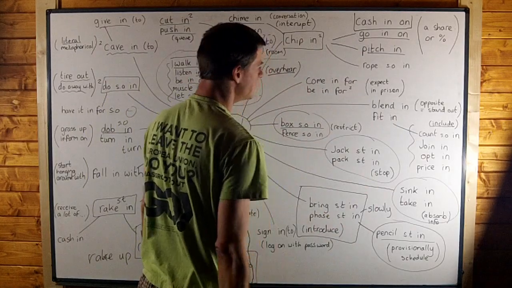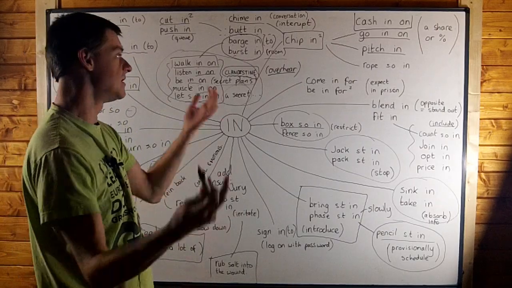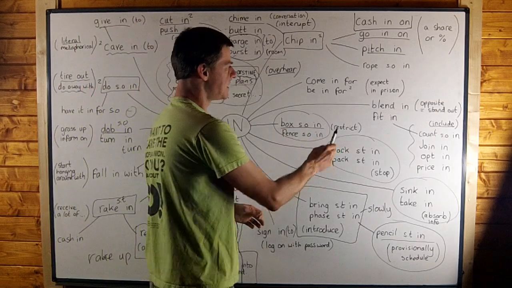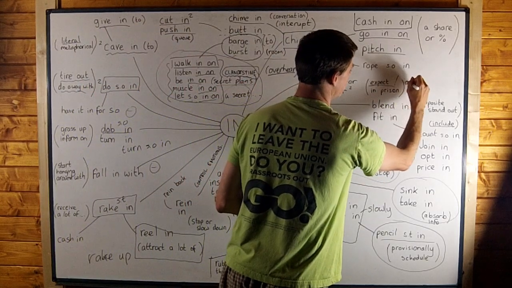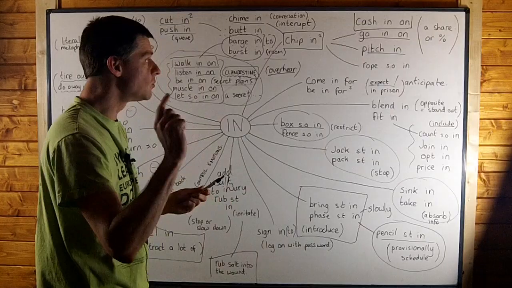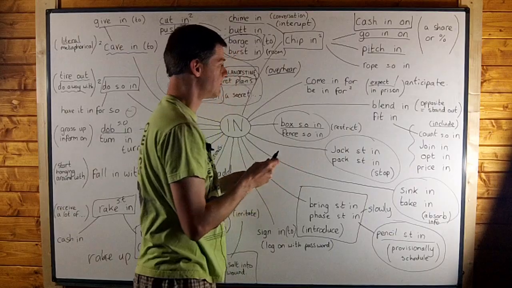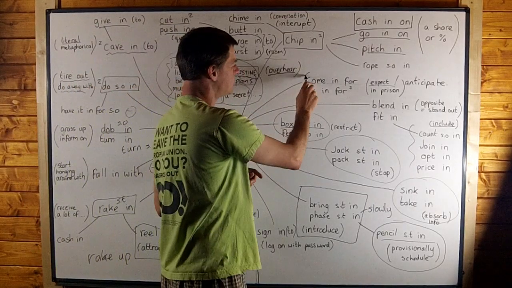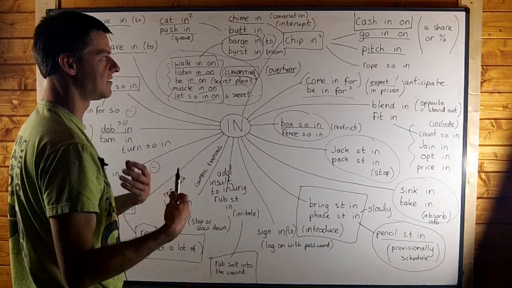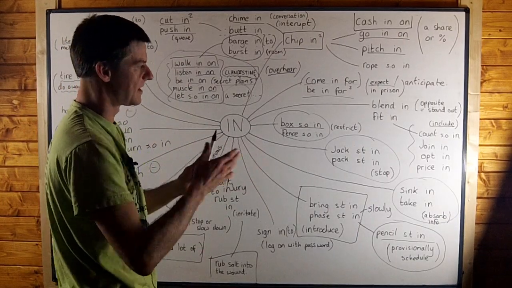Let's move over here now. If you are in for something, it could mean that you are in for murder. So you're in prison for murder. That's one meaning of be in for. But another meaning is expect or anticipate would be another way of saying it. So I might say, if you don't study, you will be in for some bad marks. Or, if you don't study, you will come in for some bad marks. This one I think is rarer. It's perhaps archaic. Be in for, I think, is much more common nowadays for expect or anticipate. You can be in for, you can expect, you can anticipate bad marks.